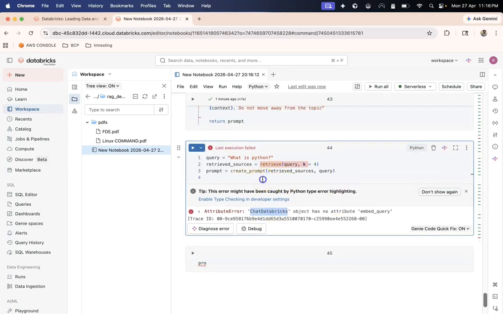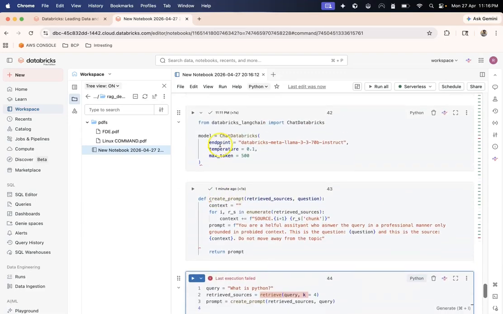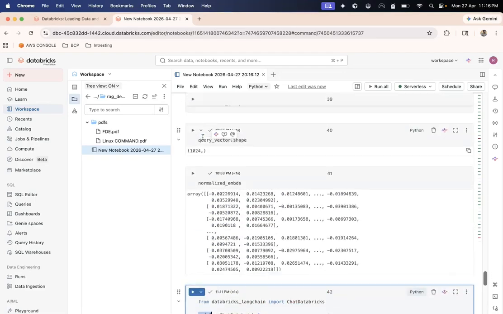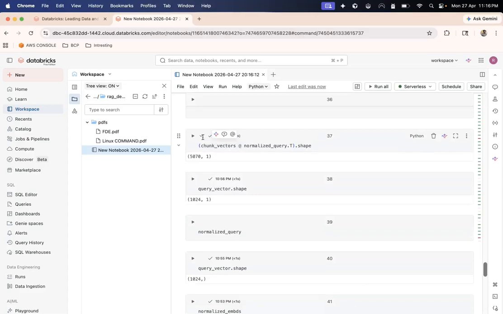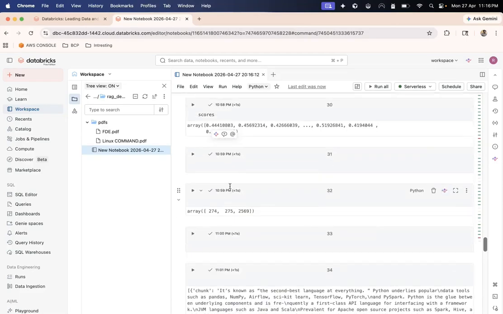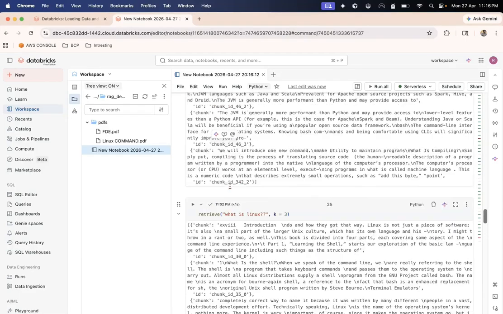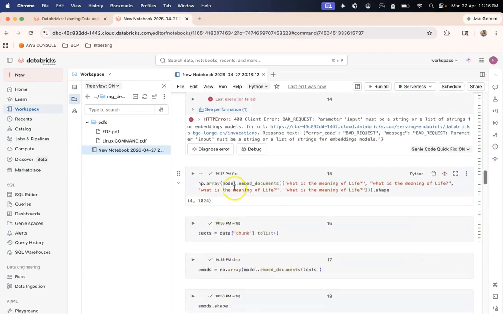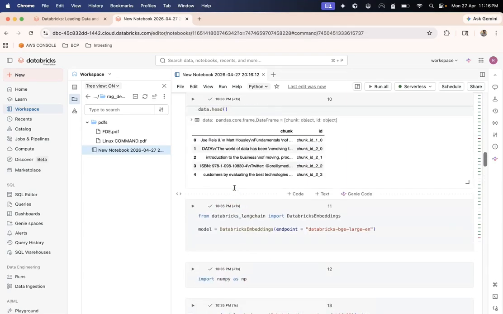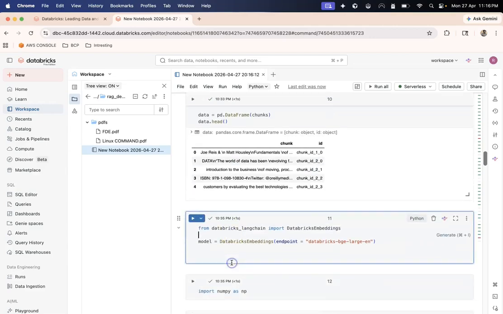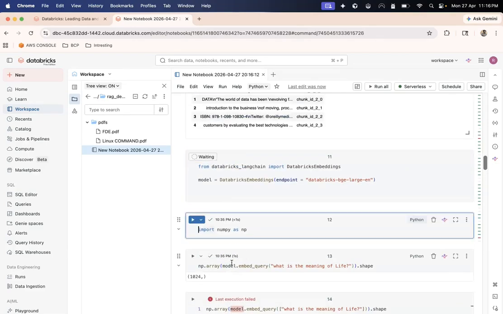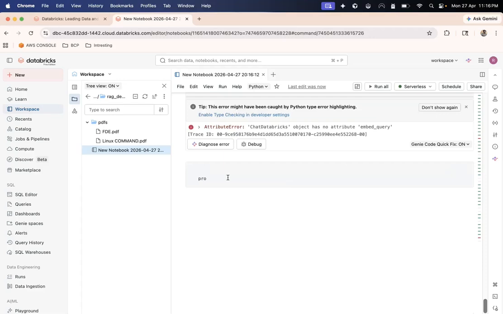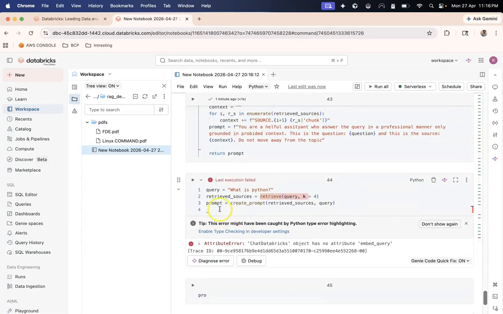Chat Databricks has, okay, I think I have overwritten the model part. I should have renamed this model as query model and this model as, okay, let me reload these. One second. Sorry for that. So I'll run this cell, so that model is defined as the embedding model. Now let me run this again. It should work.